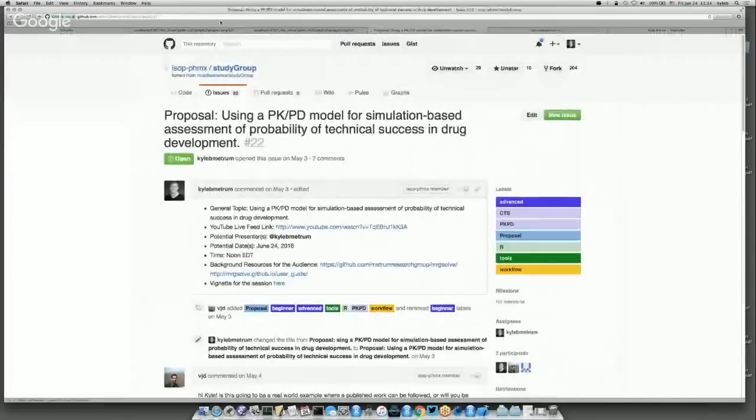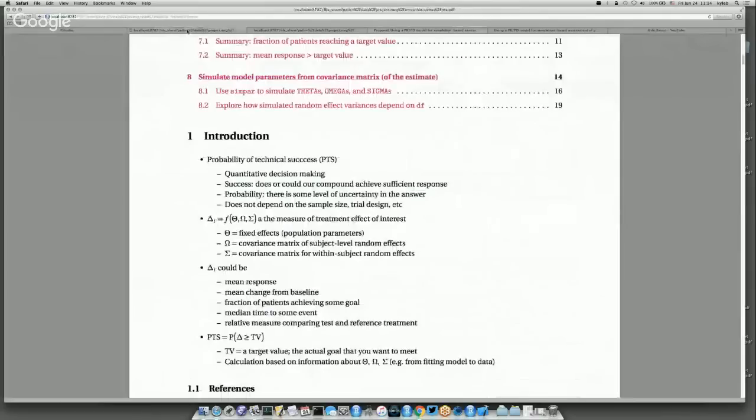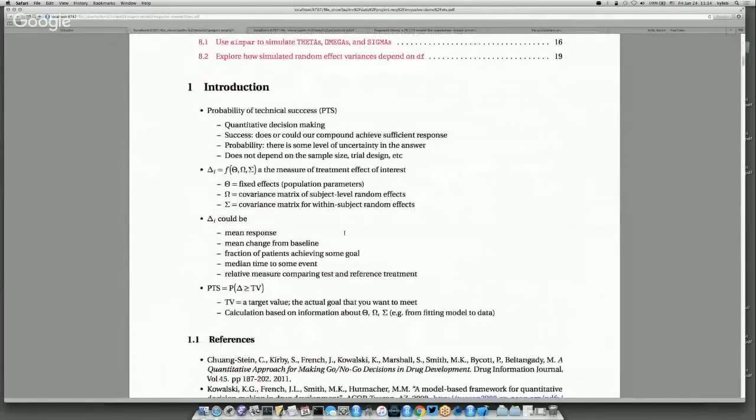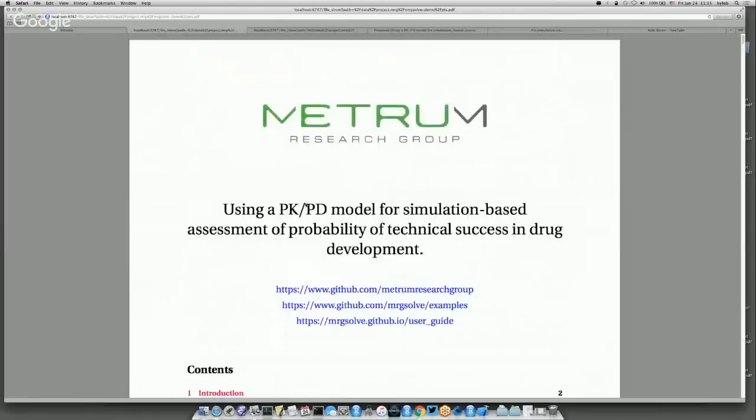Remind you that there's information about the session on the ISOP study group webpage on the GitHub page. There's a vignette down here that I posted last night that'll take you through basically what we're going to go through today. So it's got all the code and the results. I'll run the code for the session today, but it might be a little more pleasant to look at this document here. And the session is on using a PK/PD model for simulation-based assessment of probability of technical success